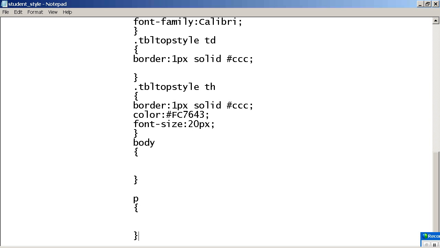Write your style. In 100 pages, you want to have some background. Then where do you need to do it? Body. Are you understanding? This is for a predefined tag. The advantage is you just write the code, you don't worry about the tag. Did you understand the advantage of going for a predefined tag in the external file system?